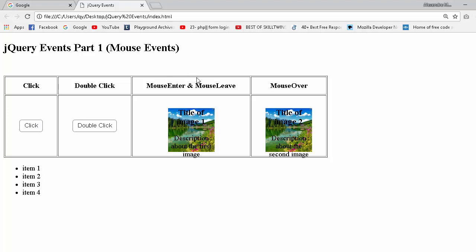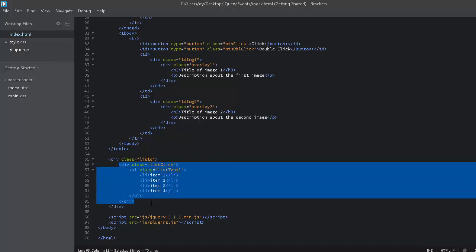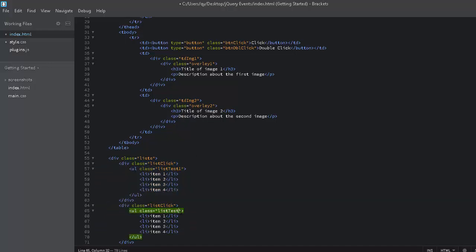So in your page you need this event because you have many things, for example, to show a list or anything in your site. Just click on something, on an element, on a button, on a link, on anything in your site, and the element will appear, like we will do right now. So we will add the same div here, and this is the second list. Let's click like that,